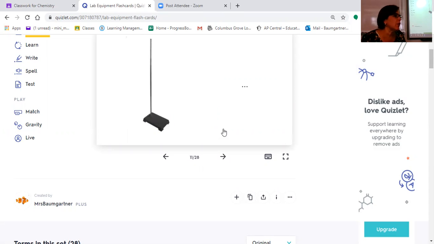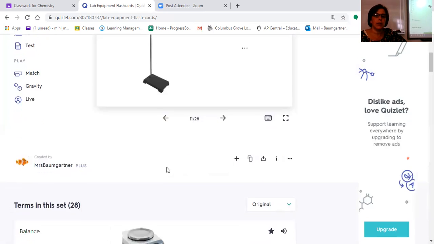Okay, ring stand's kind of one of our workhorses. We use ring stands to hook lots of different things to it. The most common thing that we put on a ring stand is an iron ring, and it's got a clamp on one end and it's got a ring on the other. On top of that iron ring, we can put things. So you guys put wire gauze on top of your iron rings, and you could set stuff then on top of that. The other thing that you can set on top of an iron ring is